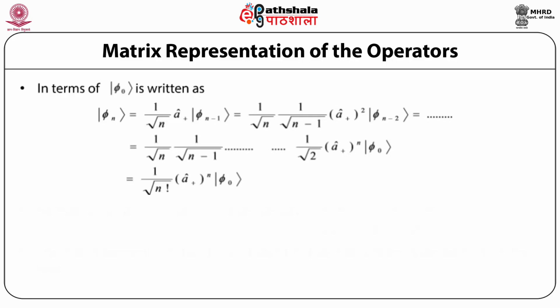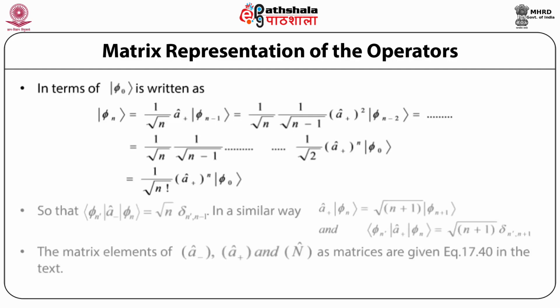And this can be written in a concise form as 1 upon under root n factorial times the raising operator A plus acting n times on the eigenvector phi naught,